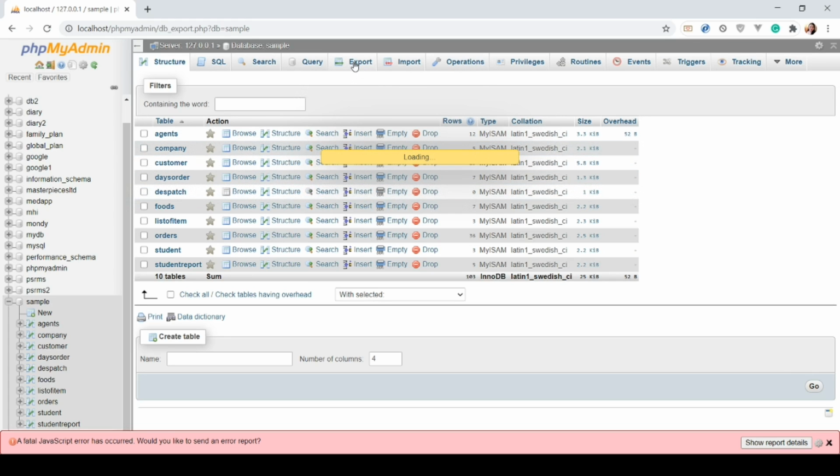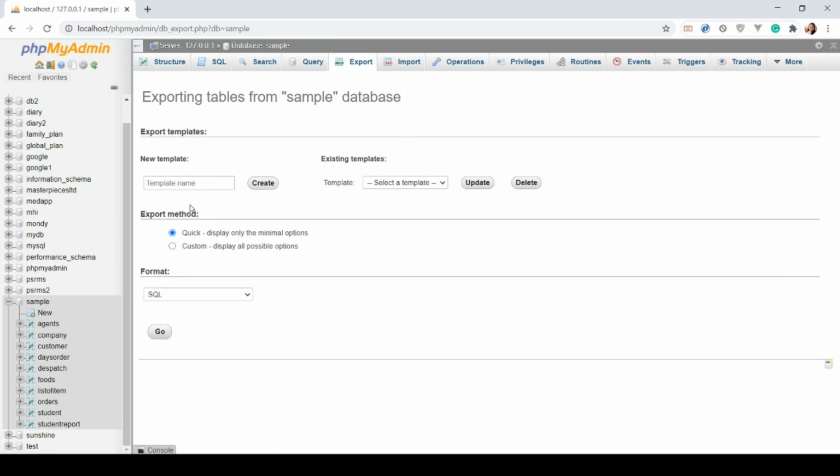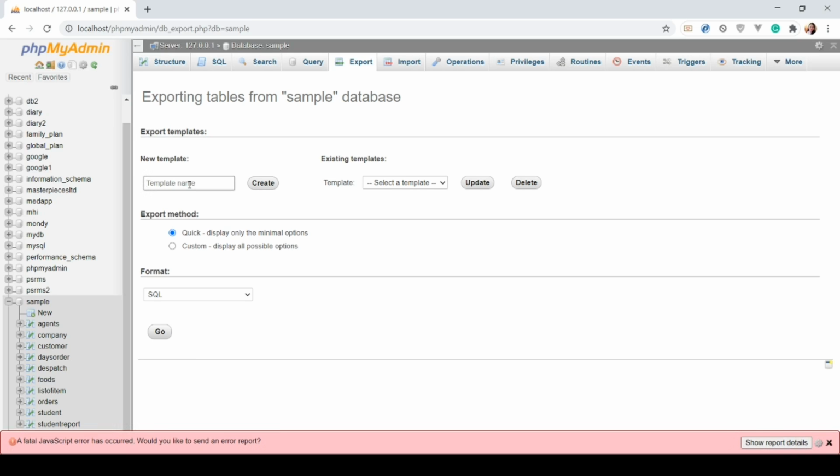You just need to click the export function and then write the name, updated sample, and then select which format you prefer. You can export it as a CSV file, JSON, PHP array, but for me I prefer to use SQL.